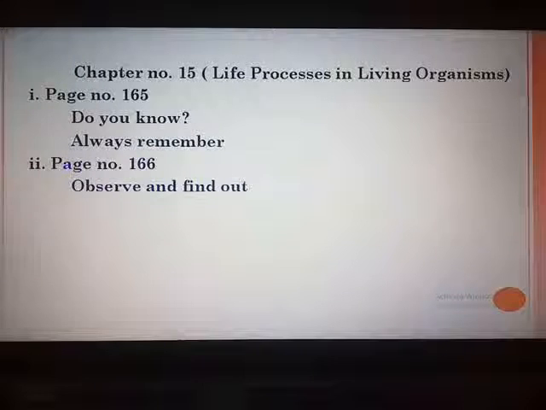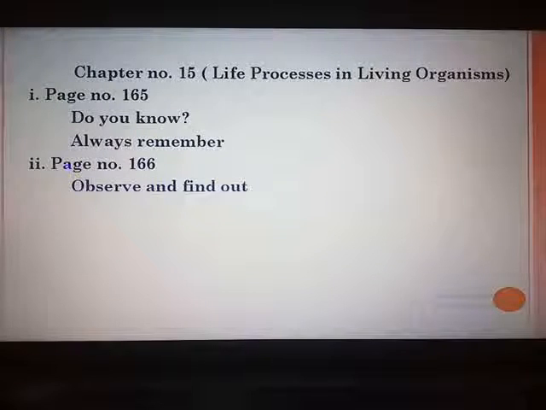Your hands may also begin to itch if you try to cut those leaves. Why does this happen? Try to find out. Ask your mother what she does to prevent the itching. That block only you have to remove. Below that, both the paragraphs you have to study.